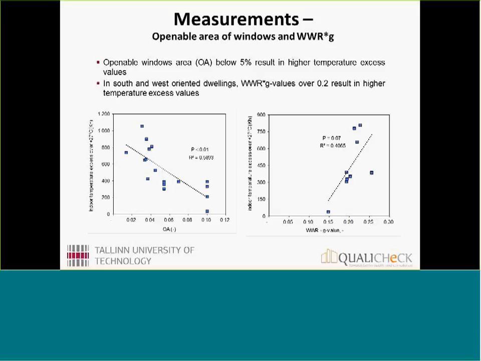If it is below 5%, then temperature excess values start to be very high. And then the window to wall ratio is also very important, which can be seen from the right figure. The window to wall ratio is multiplied with the G value. This was a representative parameter, and if this value is less than 0.2, then basically overheating is under